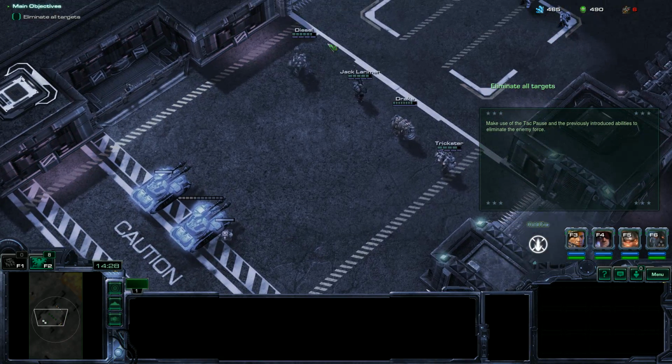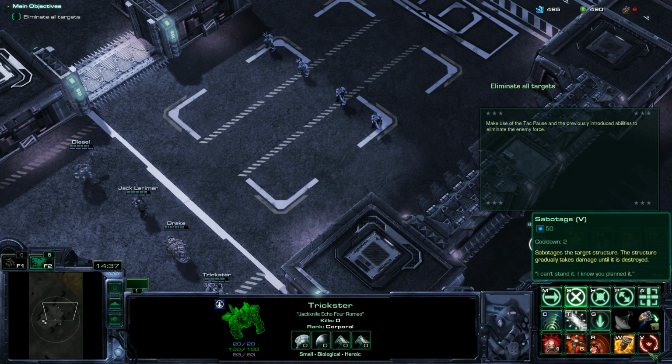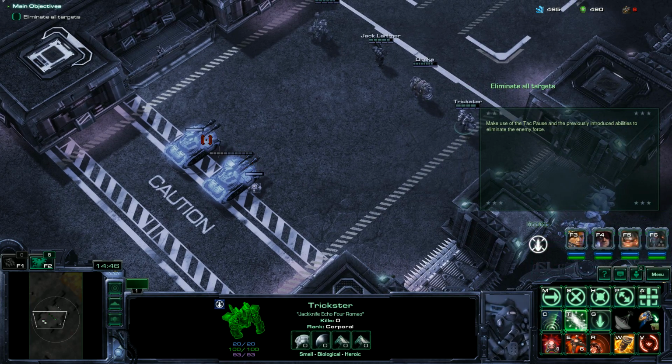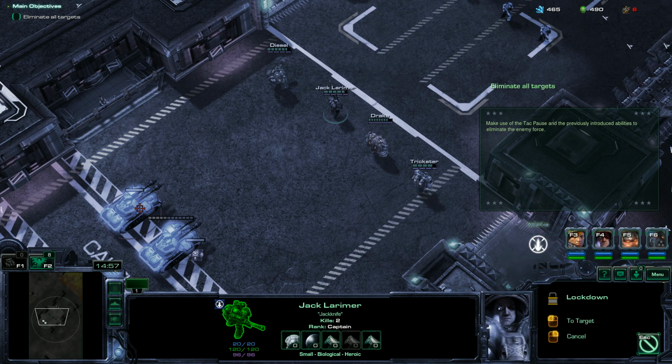Okay, so stop. We're going to go... You got some work for me? Oh my god, there's so much stuff. Look at all this. Sabotages target structures, no problem. Okay, so we're going to go... you're invulnerable. You're going to hit both of these. Beat the rage. Hollow decoy. Okay. We're going to lock down